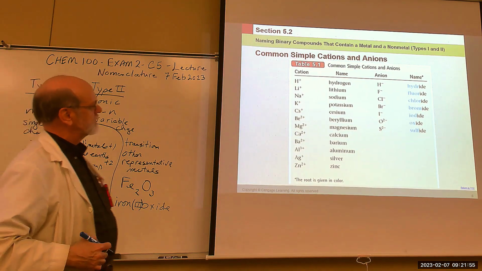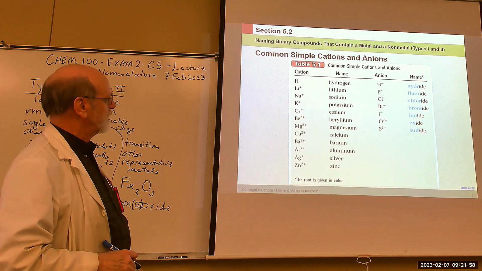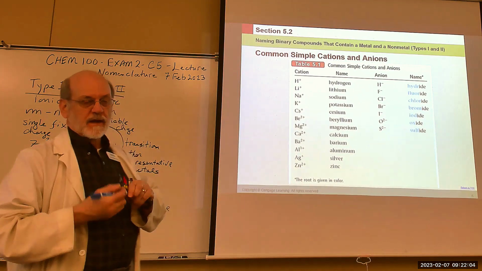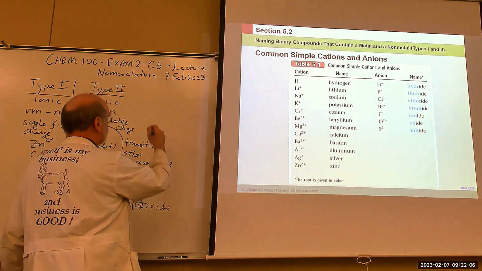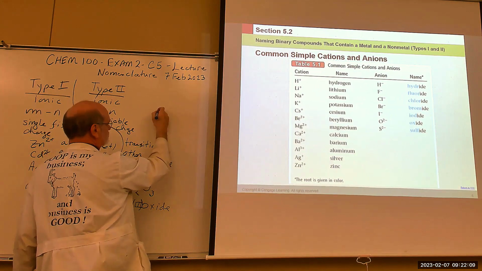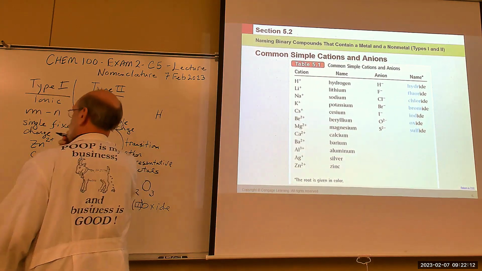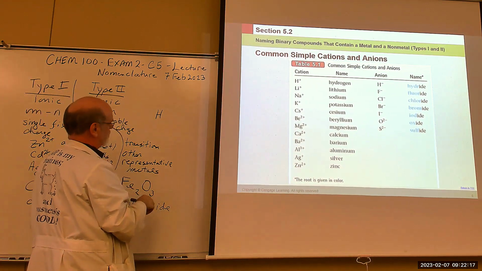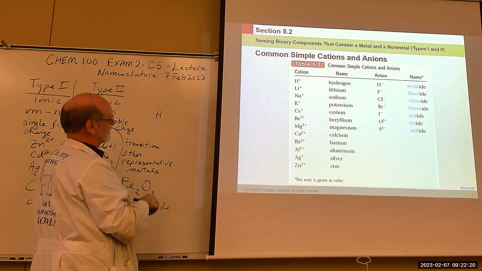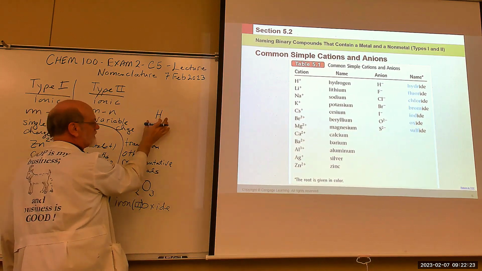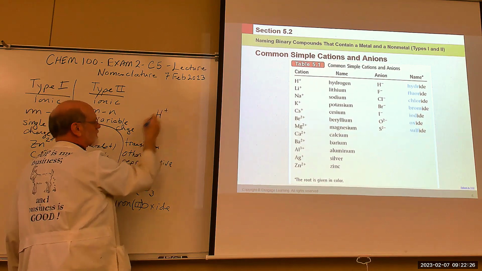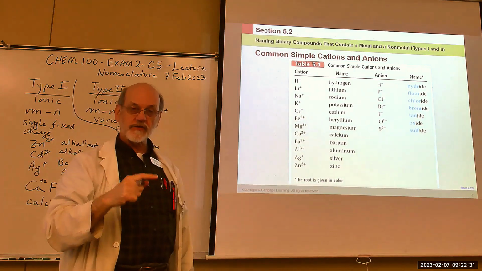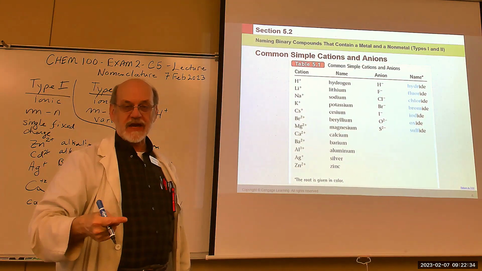So these are some examples. I'm not going to linger here, except to focus on one, hydrogen. When hydrogen is combined with an anion, when hydrogen occupies the metal position, the first position, it's always a +1. But if you have a compound where there's already a metal in there and you attach a hydrogen to it,